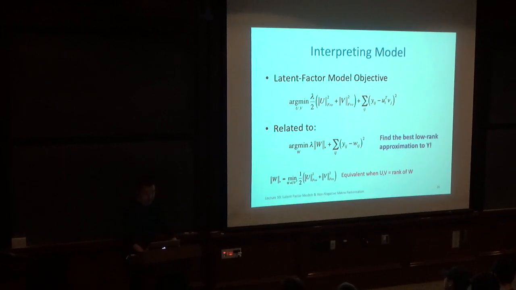So in other words, this objective is highly related to finding the best low-rank approximation of Y. Recall that the trace norm is similar to the L1 norm, but on the rank of the matrix rather than the number of non-zero entries. And so these two objectives are equivalent when the true rank